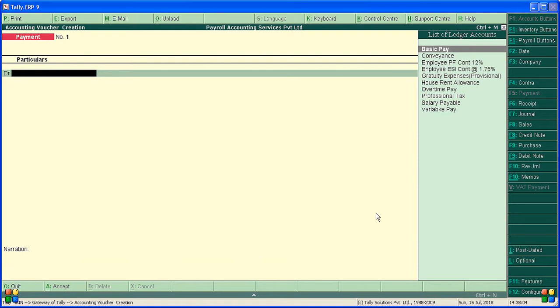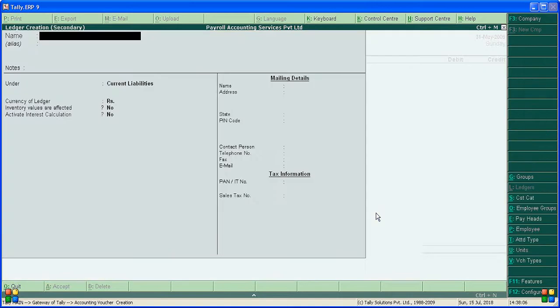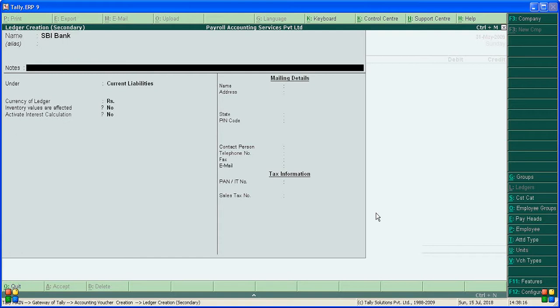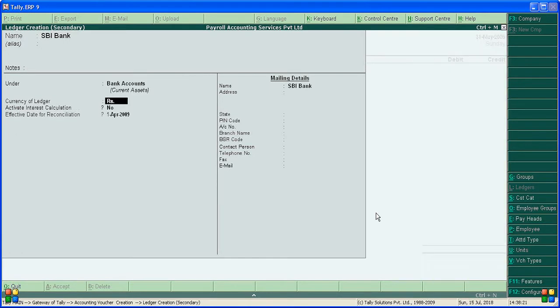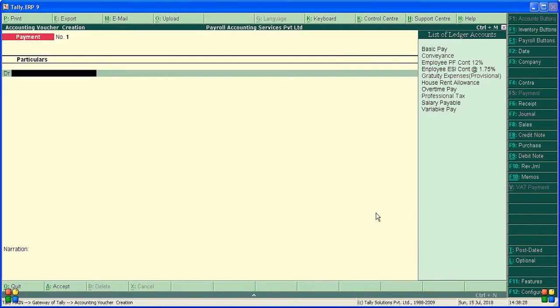Let's create a bank first. We didn't create any bank. For example, SBI bank. Under bank account, we don't have any amount in the bank, so let's take some amount in the bank. For that purpose,